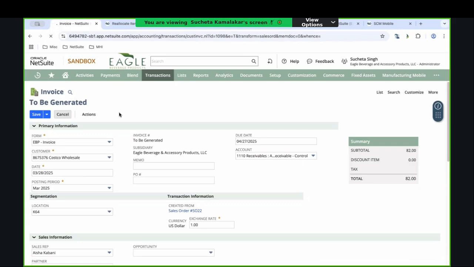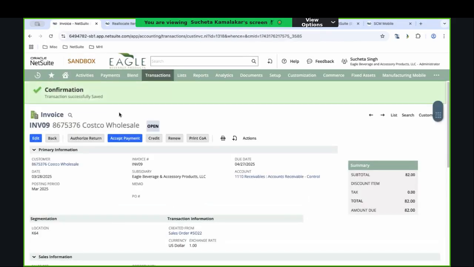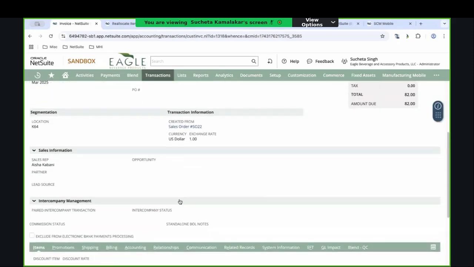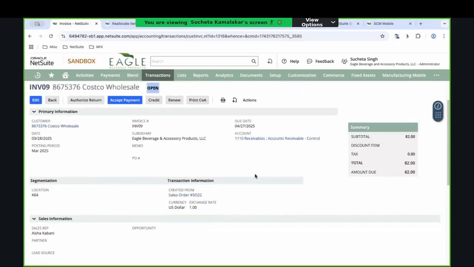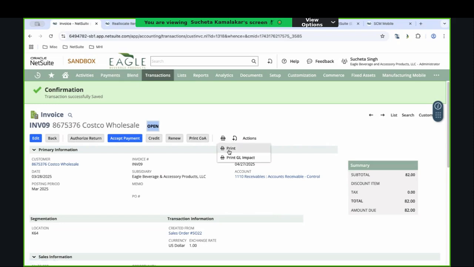And the requirement was to not have any invoice approval process and for it to be automatically posted. So once this is saved, it gets posted, and that's why you see the status of open. If we did have an approval process, this would have said pending approval and it wouldn't have gotten posted yet. I know Chad isn't here, so we won't really go into the GL impact or anything, but this is what you see. And I believe,